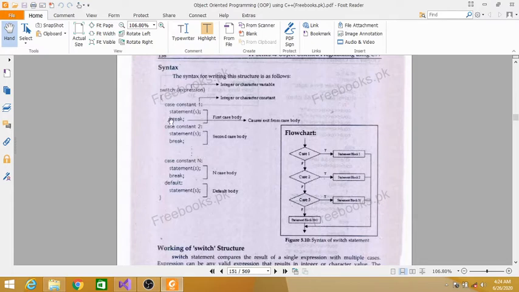That is to say, only one case will be executed, the one which matches the expression. If none of the cases match this expression, then the statement under default will be executed. So by default, these statements will be executed if our expression does not match any of these cases.